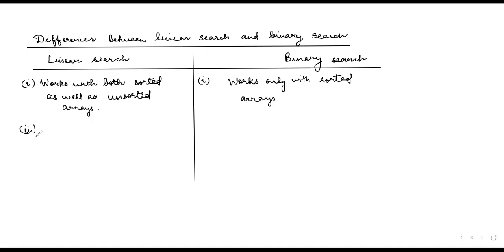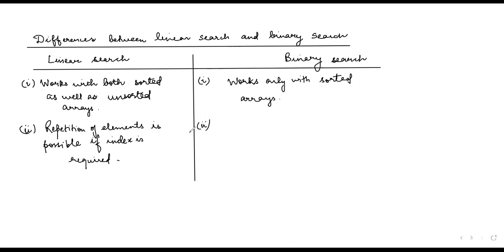The second is linear search में we can have repetition of elements. Repetition of elements is possible if index is required. मतलब अगर हमें इंडेक्स वैल्यू चाहिए तो रिपीट कर सकते हैं, रिपीटेशन हो सकता है एरे में। लेकिन बाइनरी सर्च में अगर हमें इंडेक्स वैल्यू चाहिए तो फिर रिपीटेशन नहीं होना चाहिए।